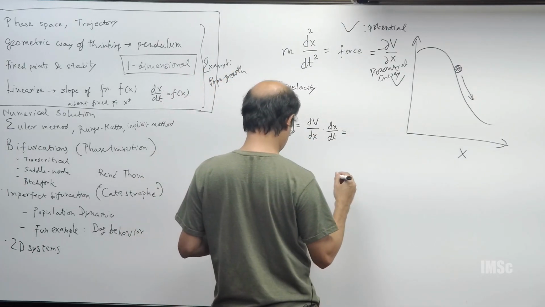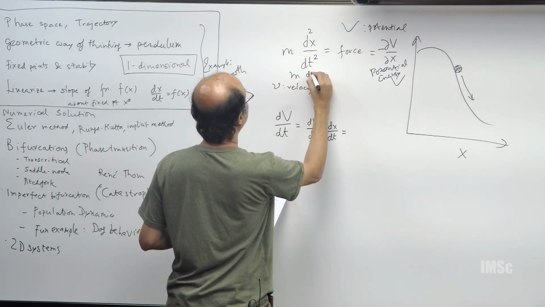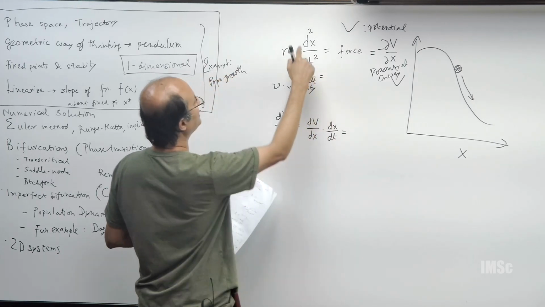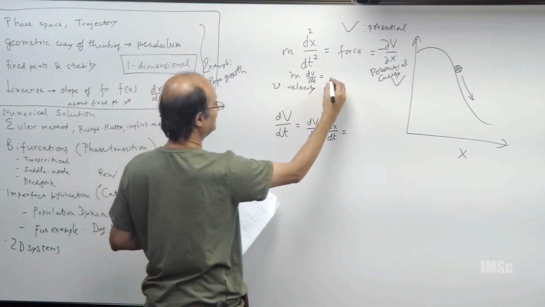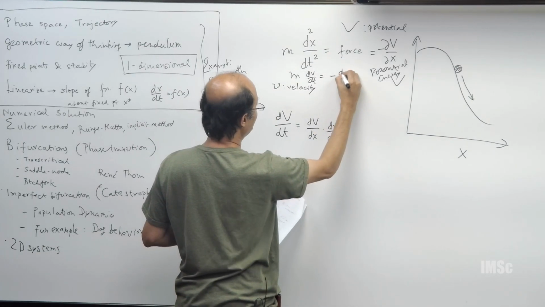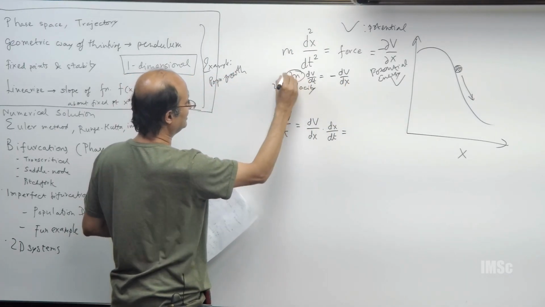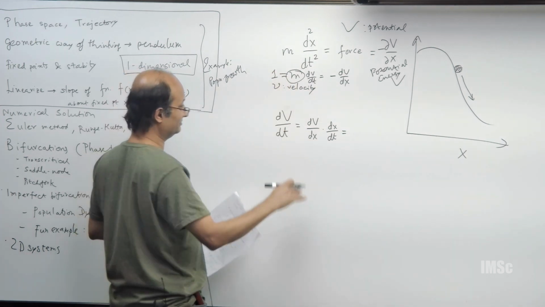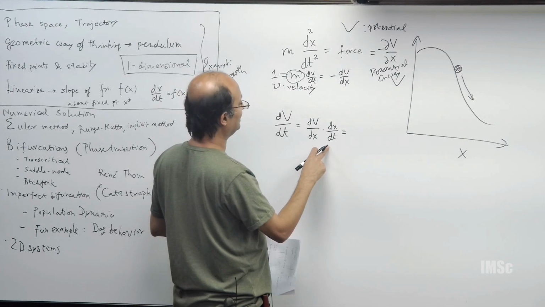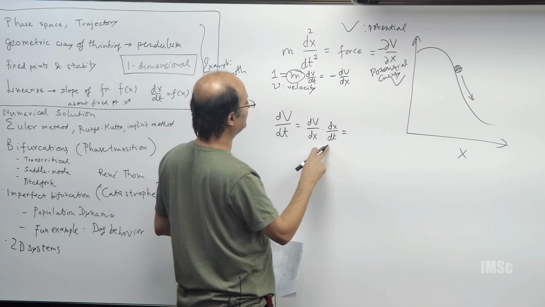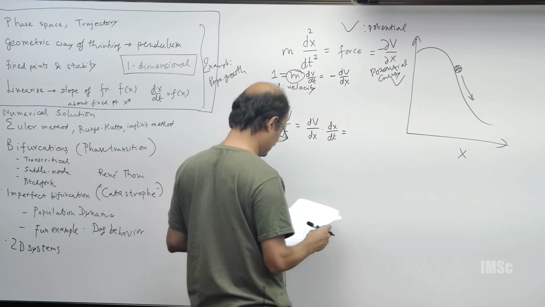So, now since my m dv dt, so dx dt is simply v, and so d2x dt2 can be written as m dv dt. So, that was simply minus dV dx, okay. So, for the moment I will simply take my mass to be unity, okay, just to reduce complications. So, now I can replace the dx dt as